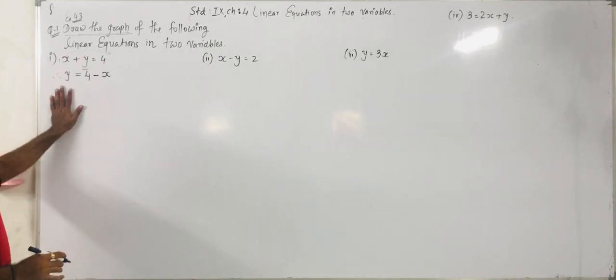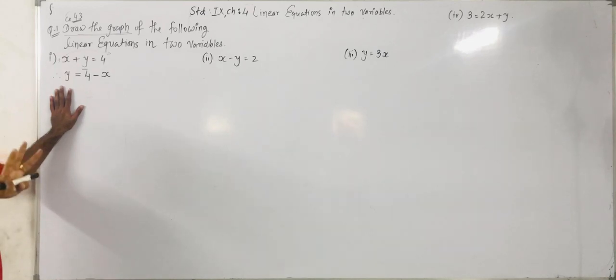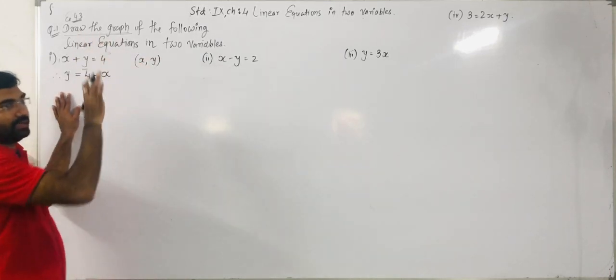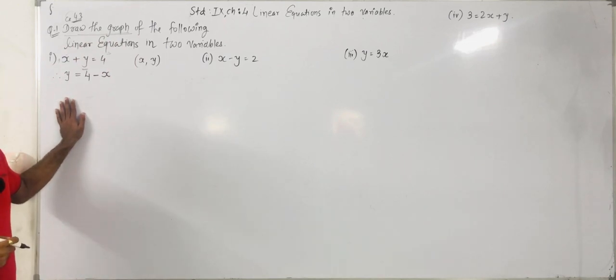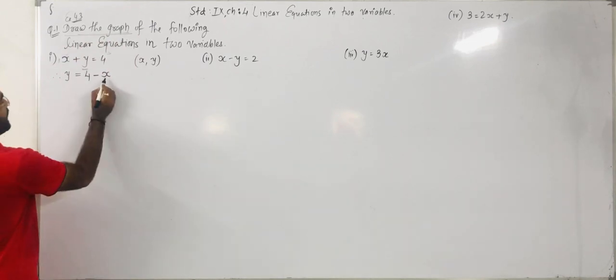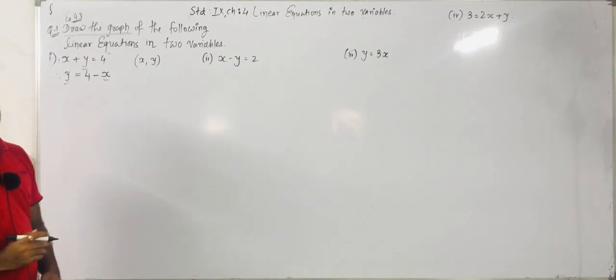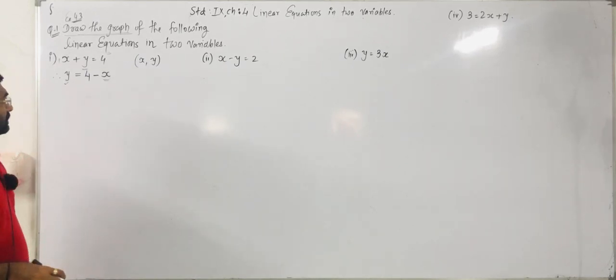Now what do we have to do? We require the graph, so for that we take a minimum of 3 points. How can we find the 3 points' coordinates? We represent a coordinate as (x, y). That we already studied in chapter number 3. So we take 3 different values of x, and find the y value we get at each.